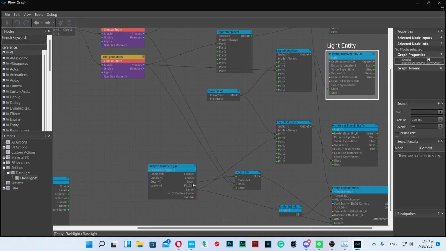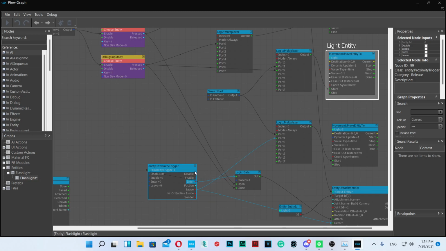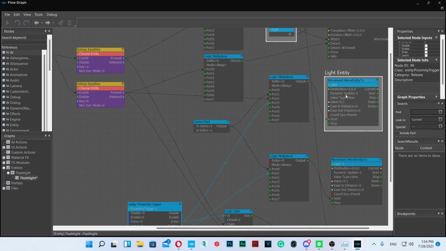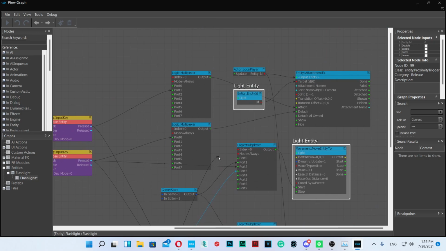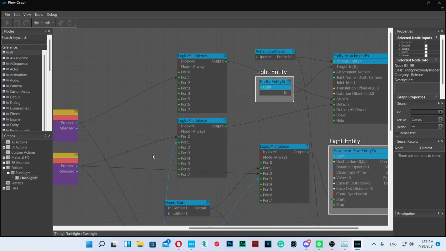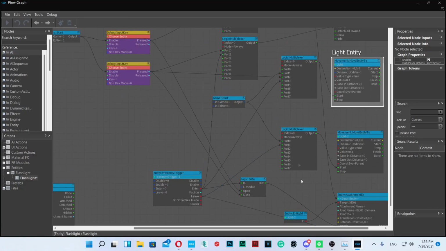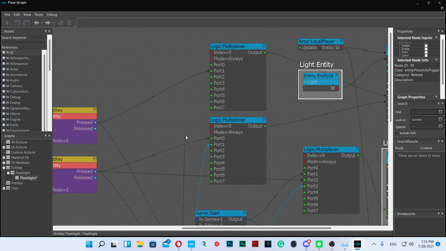And also, if the player enters the proximity trigger, we want to move the light away, the normal light, and we want to detach the original light. And if the player leaves this area, we want to